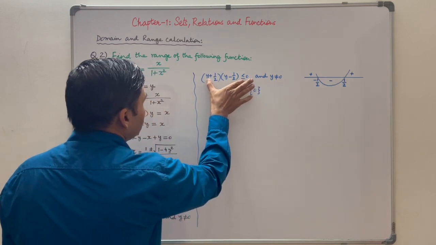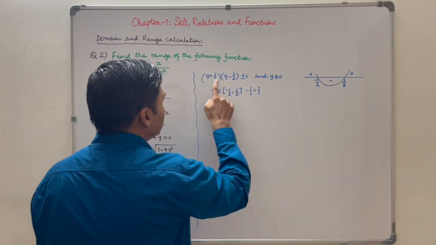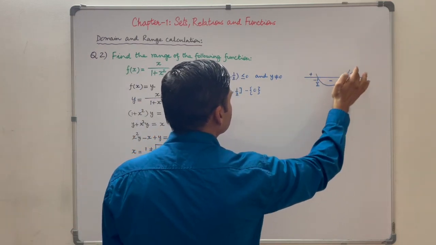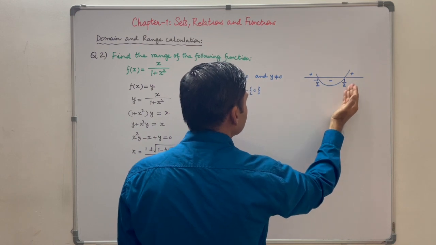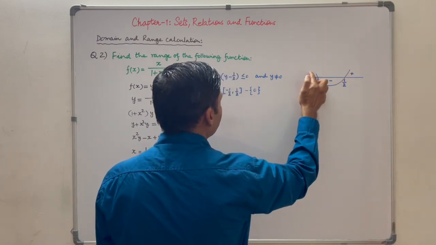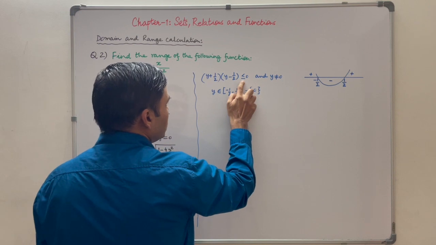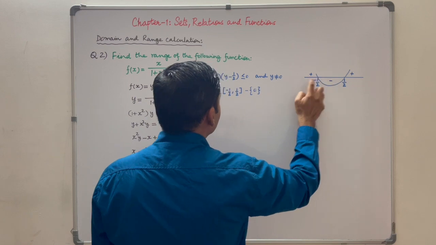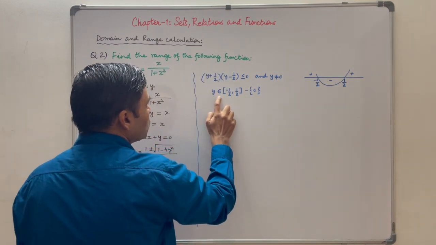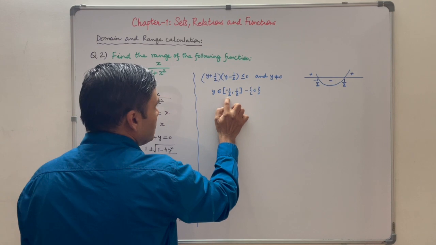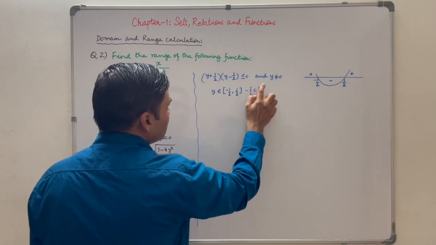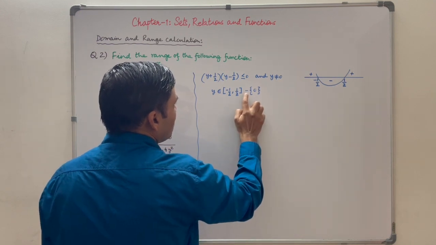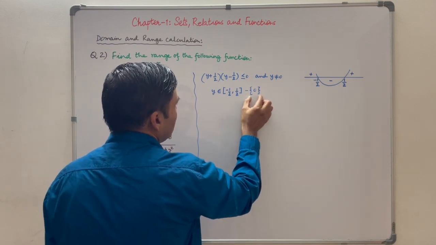This is less than or equal to 0 and y is not equal to 0. We can solve this inequality by the wavy curve method. Critical points are minus 1 by 2 and 1 by 2. Now start forming the wave starting from the positive side and rightmost critical point. So this will be the wave formed, and this is less than or equal to 0, means we have to consider this negative part only. So this will be the solution set. y belongs to the closed interval minus 1 by 2 and 1 by 2 minus 0, because y cannot be 0. So it needs to be taken out, minus {0} in a pair of curly braces.